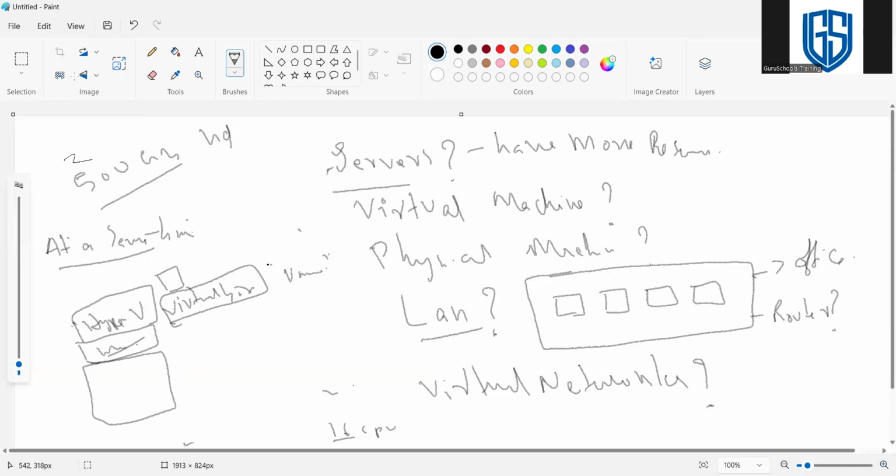And on top of this virtualization tool, we can deploy virtual machines and run applications on top of the virtual machine. But ensure that we have enough resources on our base machine. Got it.